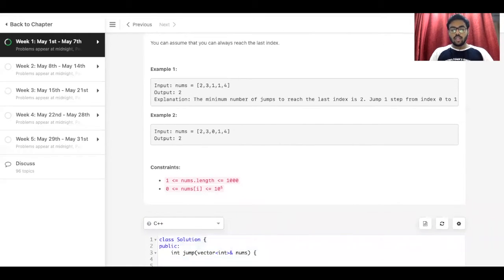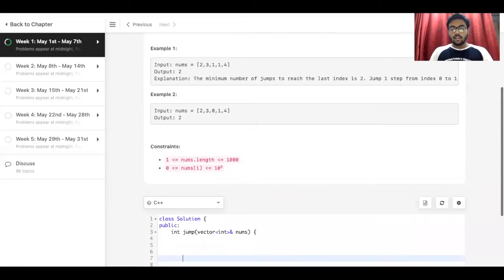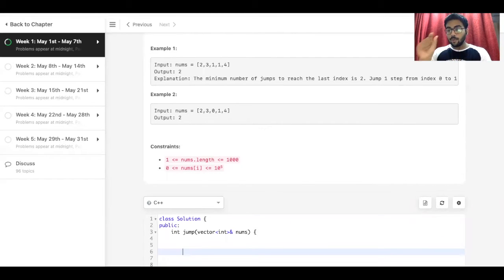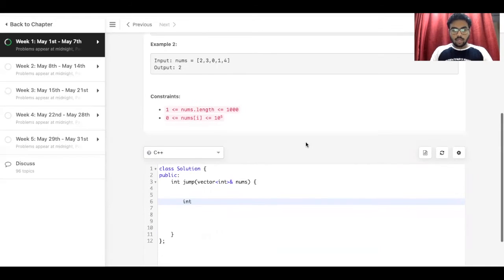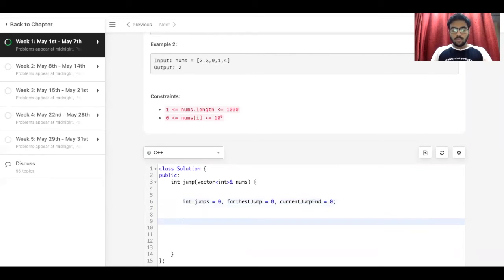First, we can maintain the farthest jump a particular index can take. For that, I'll write: jumps is equal to 0, farthest jump equal to 0, and current jump end equal to 0.